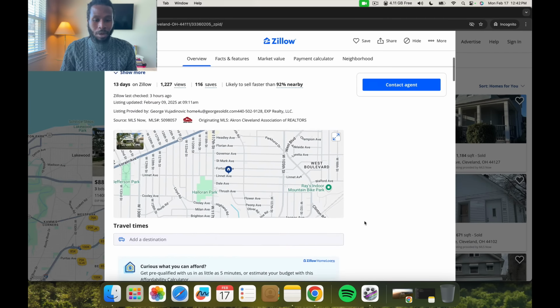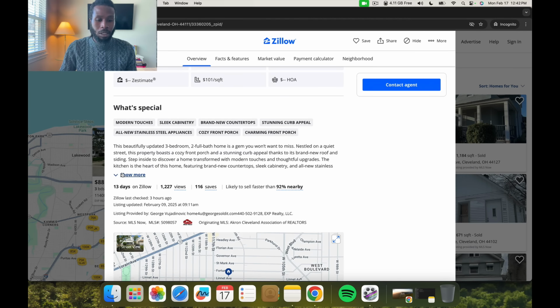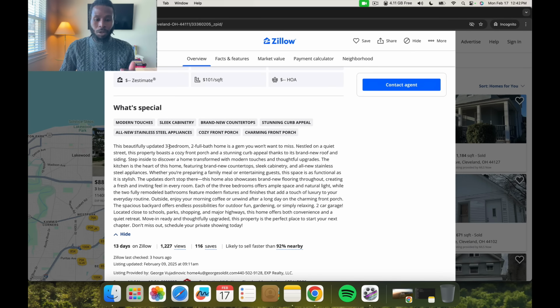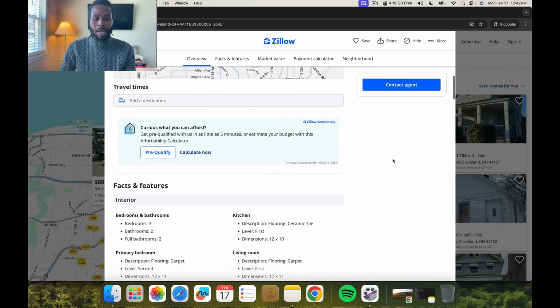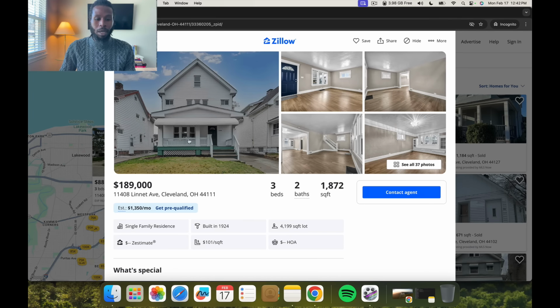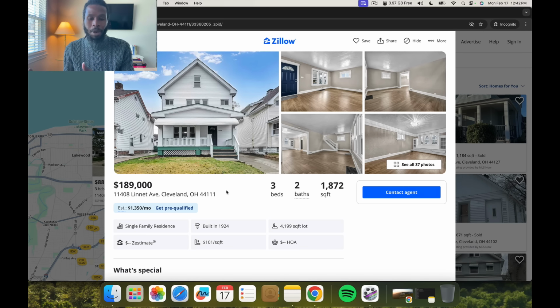So I'm going to look around and look at the description to confirm this. So this home is beautifully updated. It's a 3-bedroom, 2-bath home. It's a gem you won't want to miss. So it definitely was remodeled, and currently it's still in the cash buyer's name. Now, if this says sold for 189,000, then it would be in the new owner's name. But we know this is still in the cash buyer's name because it's pending and it hasn't been sold yet